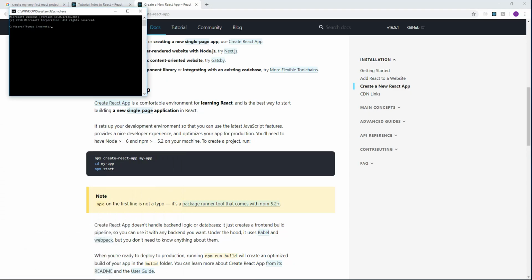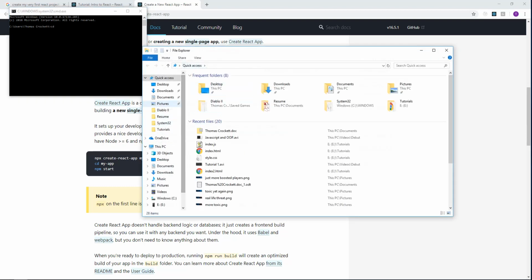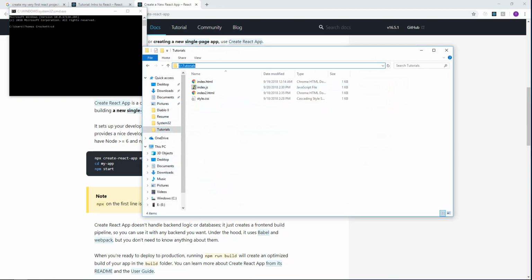Okay, if you're not too familiar with this, you don't need to know too much about it, but I would suggest getting comfortable with some navigation abilities inside your command line. CD stands for change directory. Now what we want to do is we want to go to my tutorials folder right here. So we'll just copy that, paste it here,